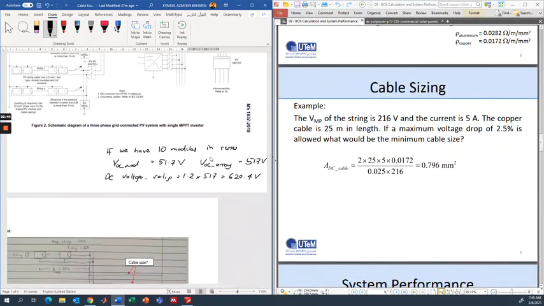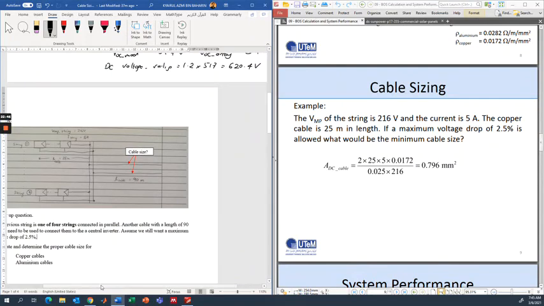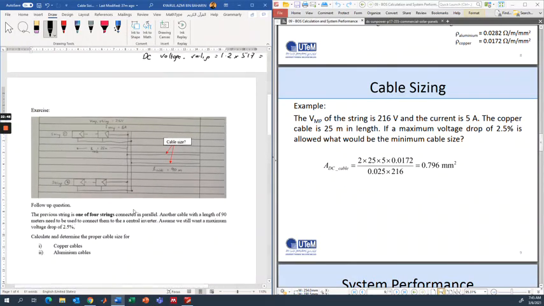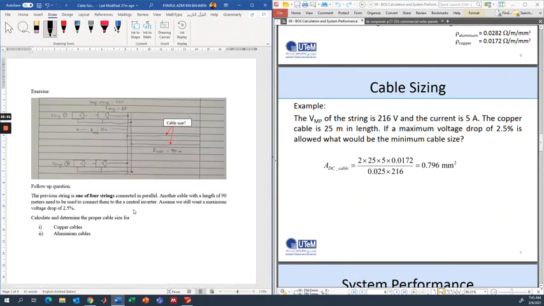Now, for the exercise, please refer to this drawing here. Okay, so this is the example I showed you just now. So this is the follow-up question. The previous string is one of 4 strings connected in parallel.